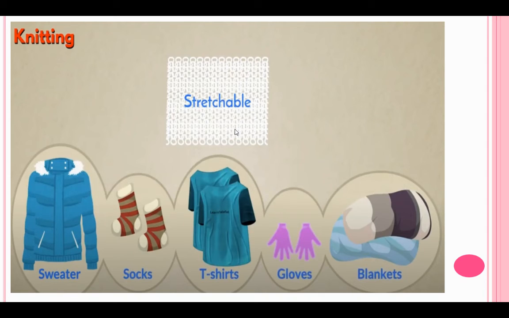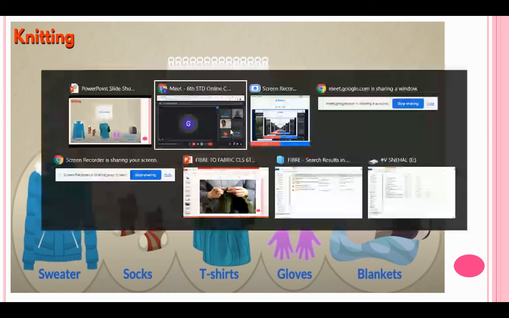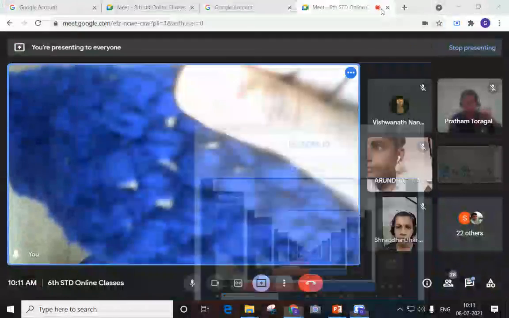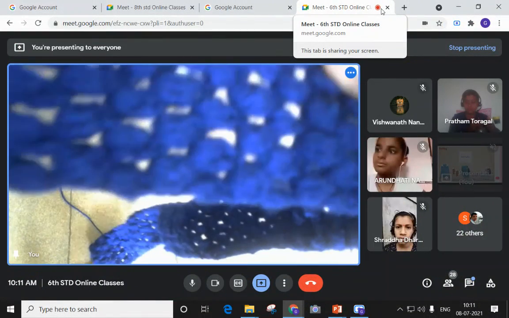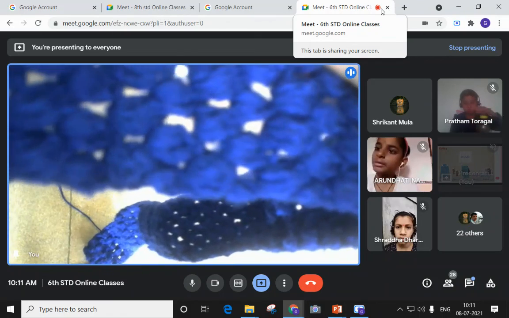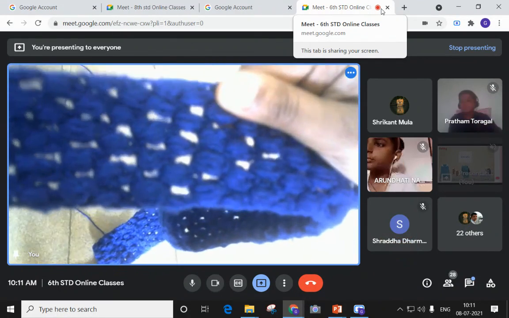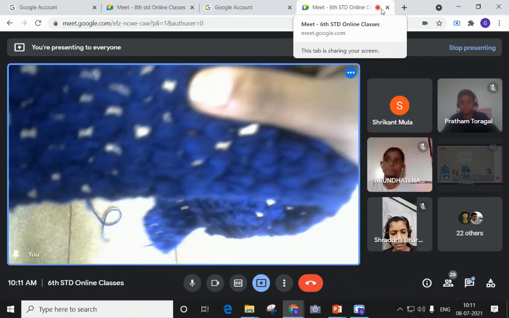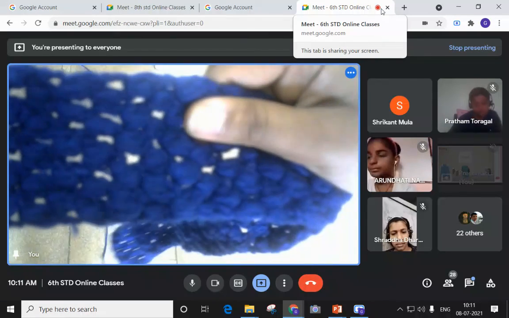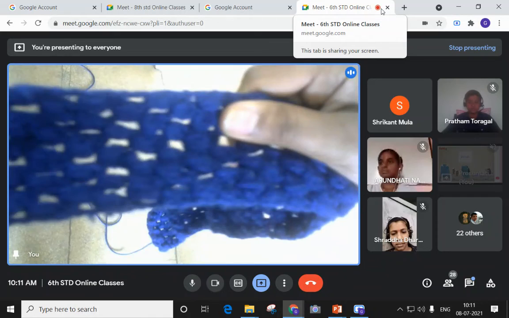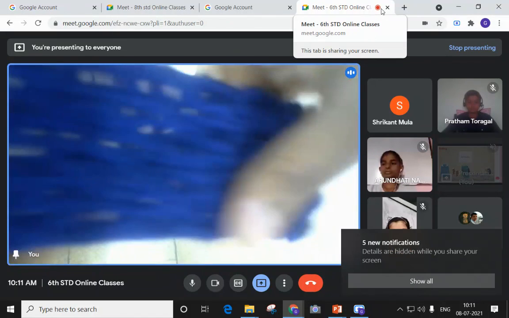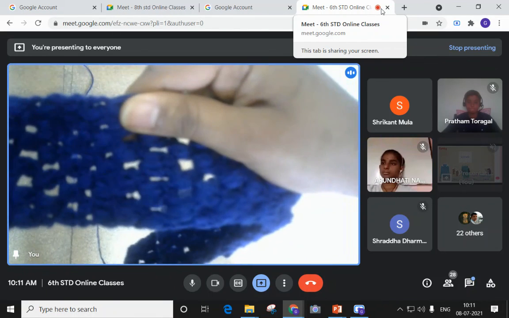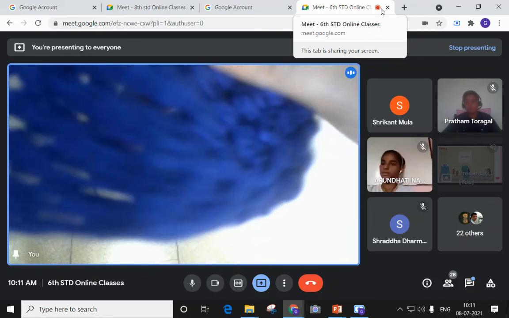Stretchable means it can be easily moved. Once again, I'll show you how it is movable. You can see the stretchability of that fabric, how it stretches like a rubber band. Is it stretching or not? Yes, good.